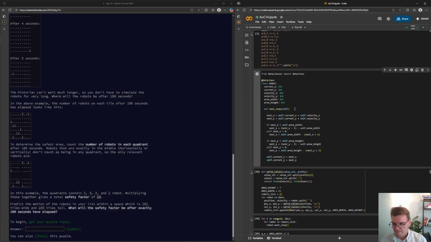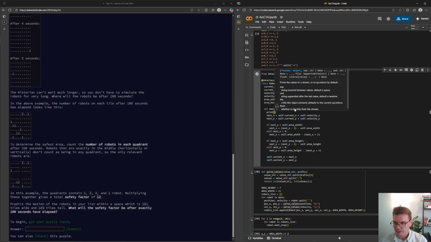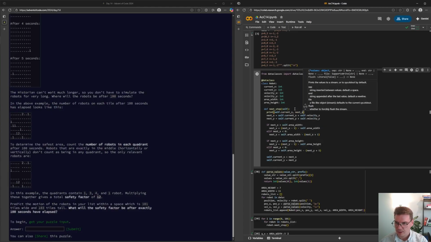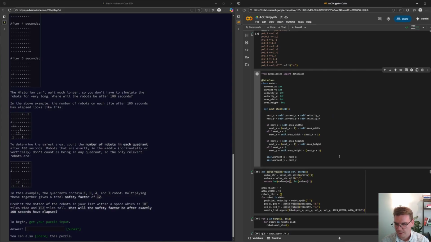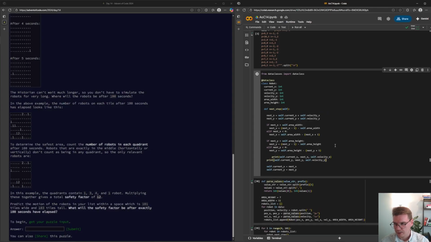So if we print current x, next x, self velocity x, and then if we print the same for y, and let's actually move these to the end of the function.